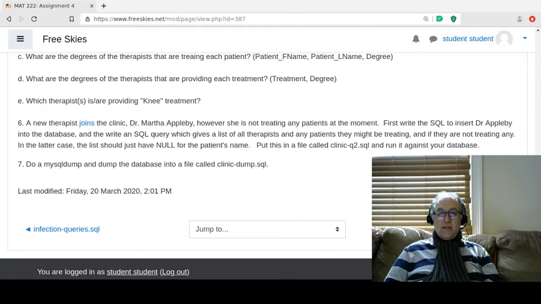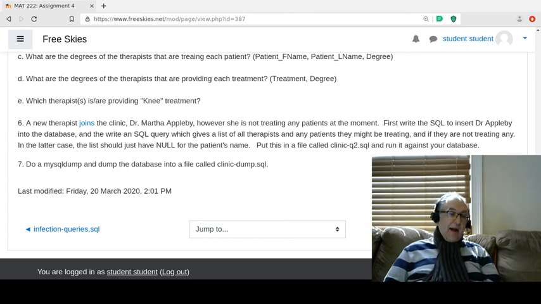So I want you to do a few things. I want you to write the SQL to insert Dr. Appleby into the database, and write the SQL query which gives a list of all the therapists and all the patients they might be treating, even if that therapist is not treating anyone. In the case when a therapist is not treating anyone, they should still be listed, but you should have nulls in the place of the patient's name that are associated with the therapist. So put all of that into a file called